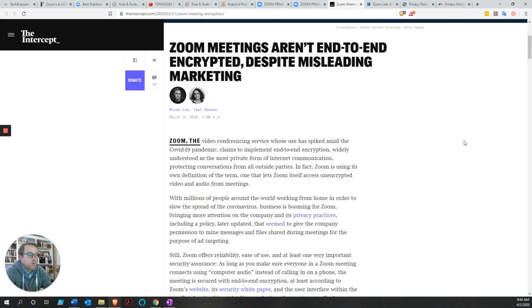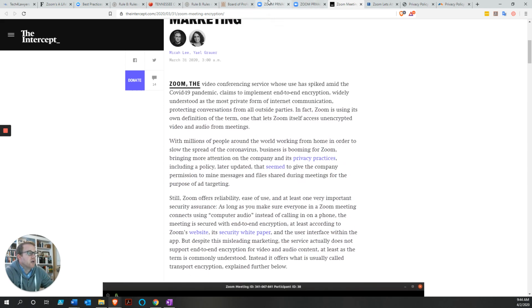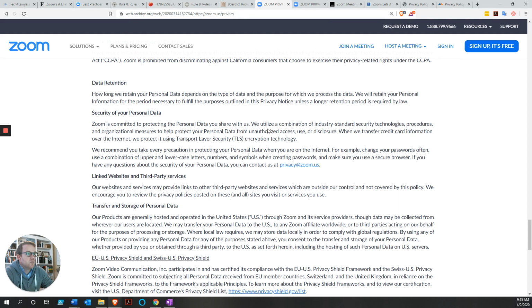And take this for what you will, I haven't completely vetted everything, but again, this raises a lot of questions about whether or not Zoom's privacy policies are appropriate, or even the protection of our data is appropriate. So I'm going to have to go ahead and assume they don't have end-to-end encryption here, and that's going to kill any possibility of using this product that I would have.